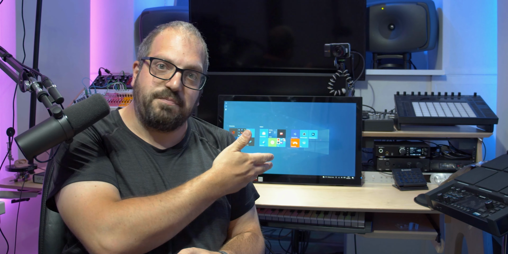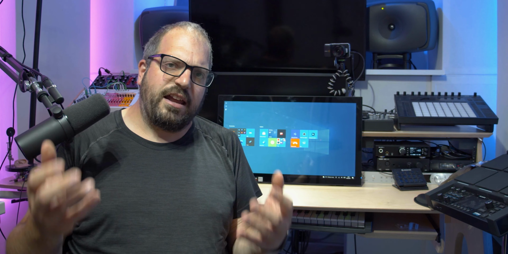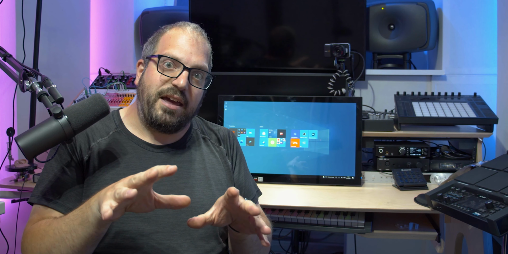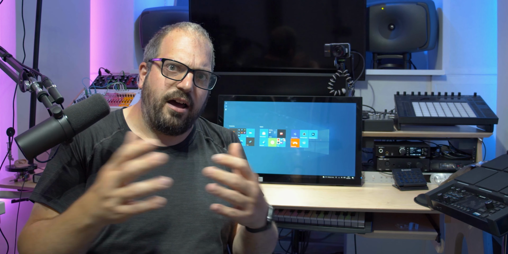One of my favourite things about Windows 10 is that it actually has the ability to act as an extremely high-end MIDI controller. This is because Windows 10 natively supports multi-touch operation, and if you combine it with a display like the one behind me with 10-point touch, or something like a Microsoft Surface device, then it can give you, at the palm of your hand, extreme expressive control, the likes of which we only see on the absolute highest